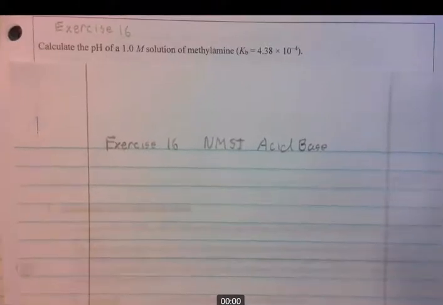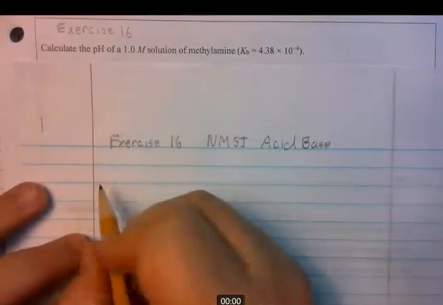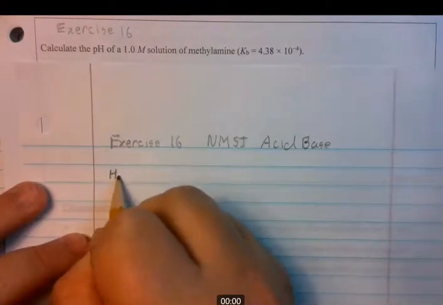Okay, so now we're on to exercise 16. Very similar to the last one. They throw a little curve at you here, a little, see if you can handle this. So it's calculate the pH of a 1 molar solution of methylamine, and they give you the Kb. Okay, so we're going to do it the same way as the last one, and we're going to first write the equation for this. So we write H2O